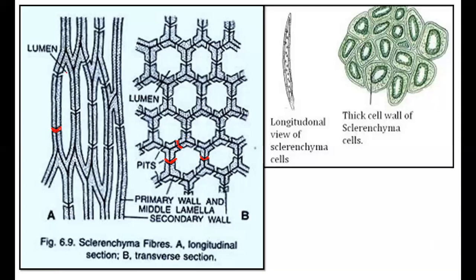And the spaces that are present inside the cell are actually the lumen, because protoplasm is absent, so these spaces are actually blank. Nothing is present. These are hollow, nothing is present in the gap. So these are called the lumen. Okay, these are the sclerenchyma cells. So here we can complete the simple permanent tissues like parenchyma, collenchyma, and sclerenchyma.